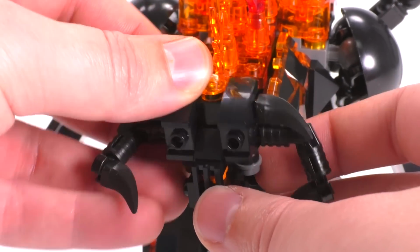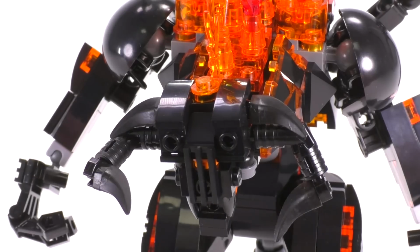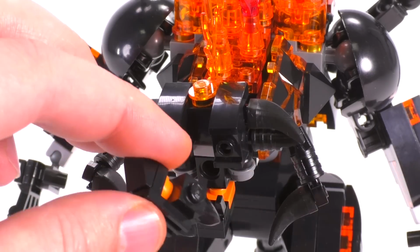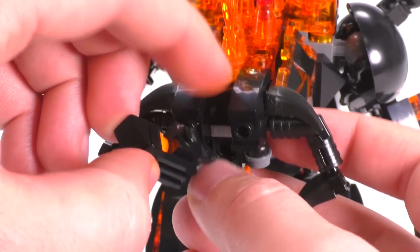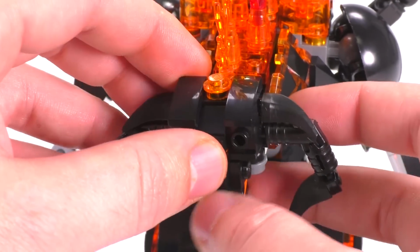At the end of the day, custom models are not play models. This is primarily display. And when talking about delicacy, I feel like there's certain degrees of delicacy to a model where little things might pop off very quickly and you can add them on in a second, while other things, if they break, are a little bit more precarious or require a little bit more patience. This is certainly one of those things, but ultimately I think for a brick-built face of a creature, we got